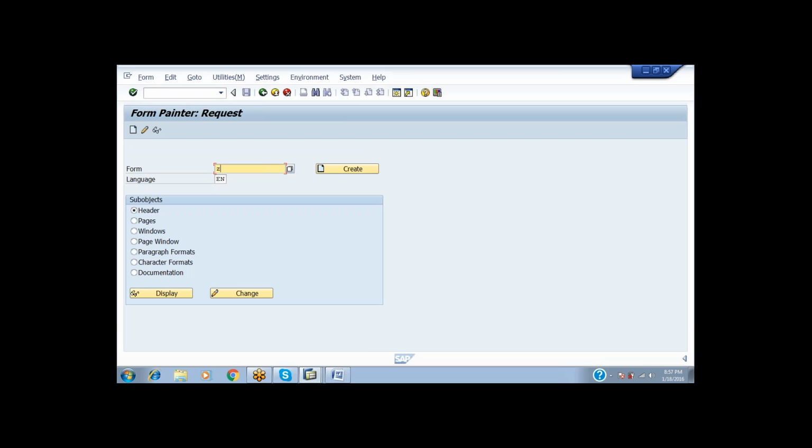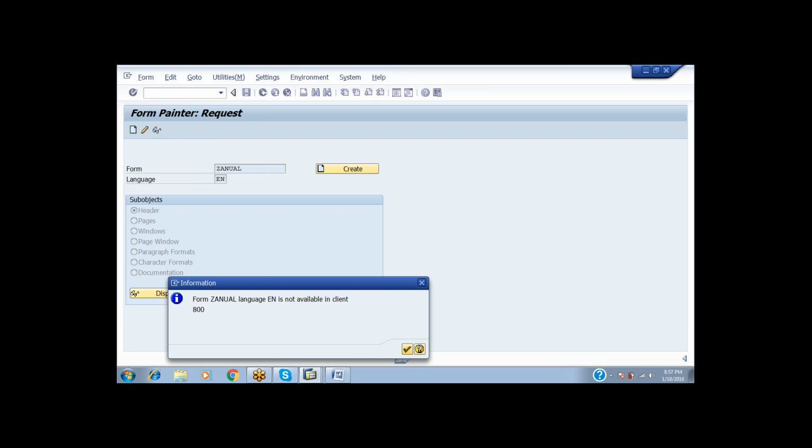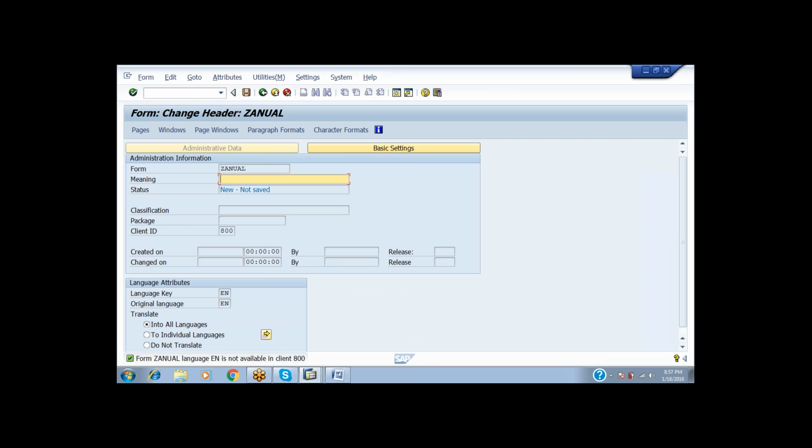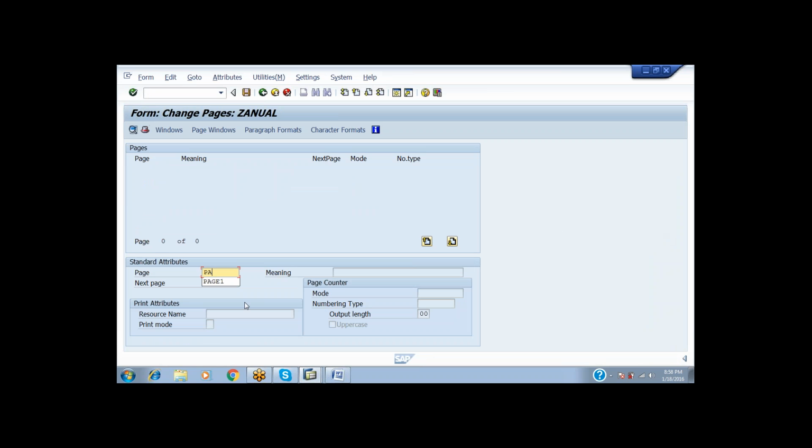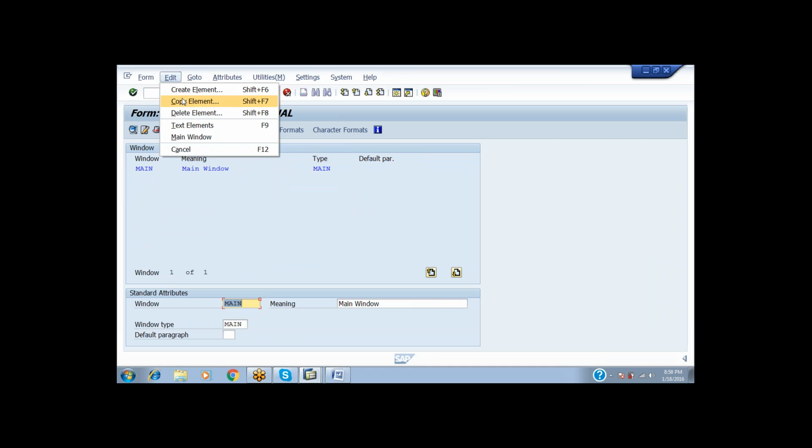SE71. The form name itself, and change it. And what were the pages? The page one. What was my new page and windows? Edit, create,